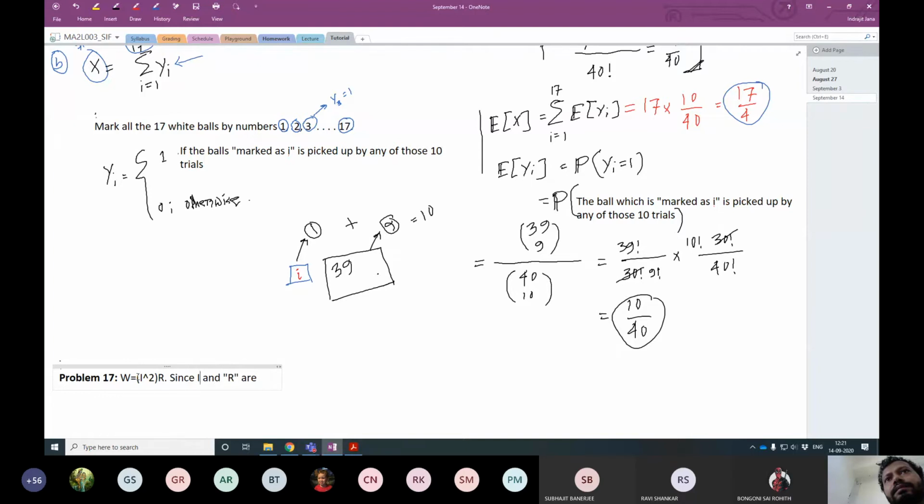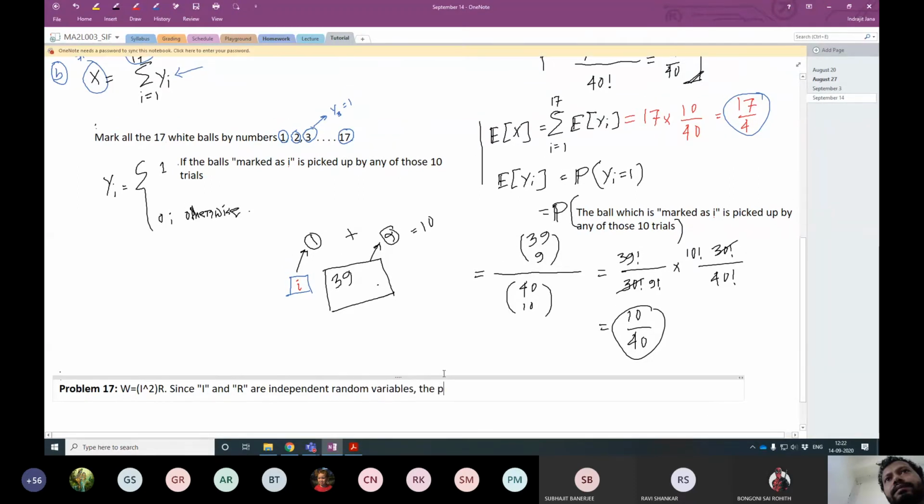Since I and R are independent random variables, the PDF of W